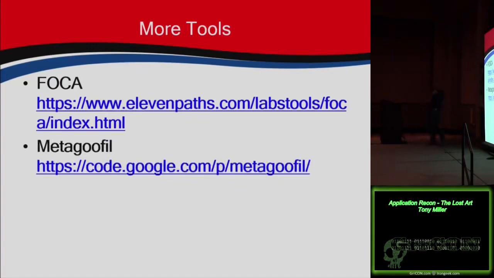I've tried to say this 100 times, I can never get it out. Metagoofil. This is another metadata tool, similar to Foca, although it focuses more on the metadata side than on some of that network stuff. This one was actually included in Backtrack. I don't know if it's still there in Kali, I admit I didn't look. But it's out there to download either way if you're not using a Kali or Backtrack distro. Great one for, again, discovering metadata, and another graphical interface.